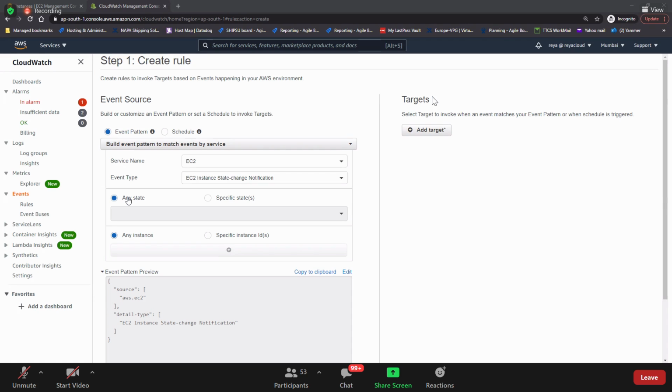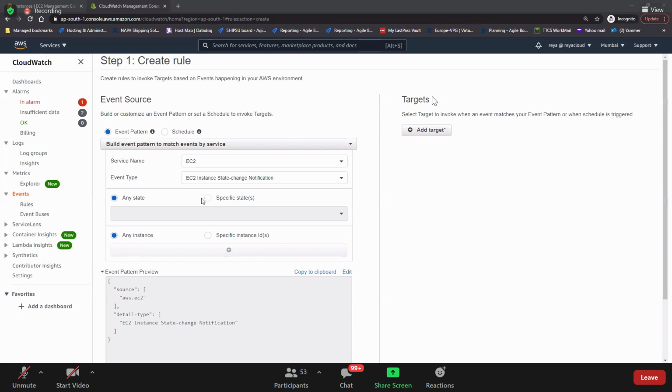So which state do you need to use in this requirement? Specific state. Which state? If someone is starting the EC2 instance, what is the state that I need to select here? Pending or running, right? Yeah, very good.